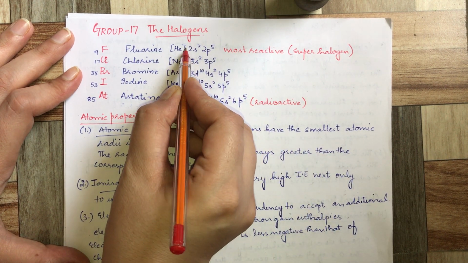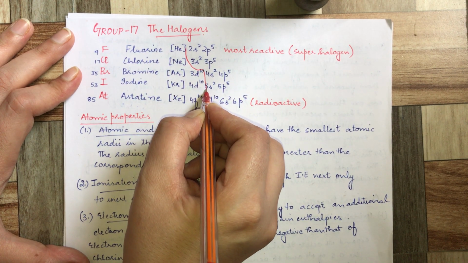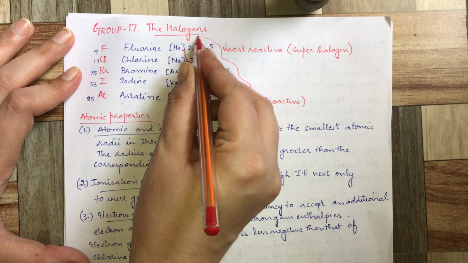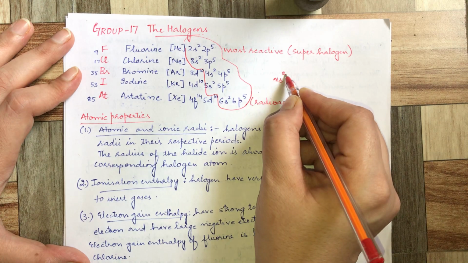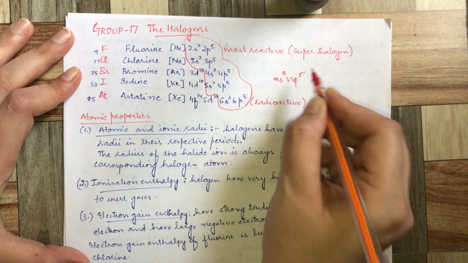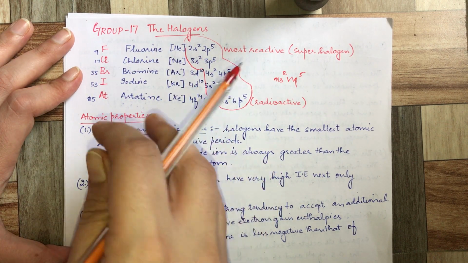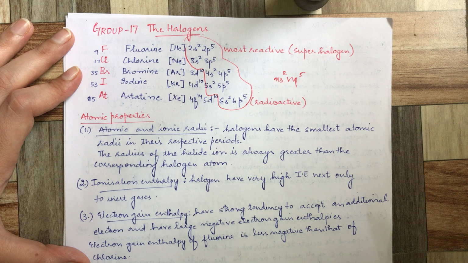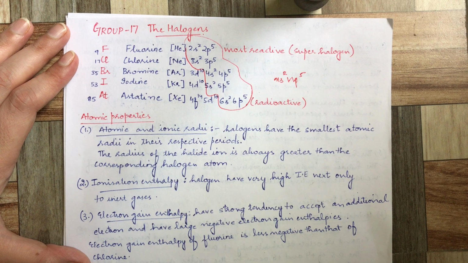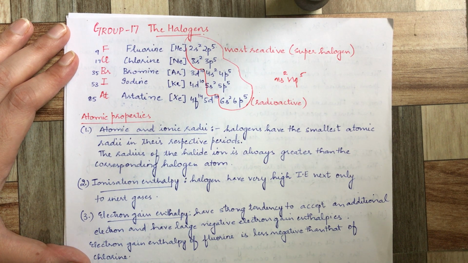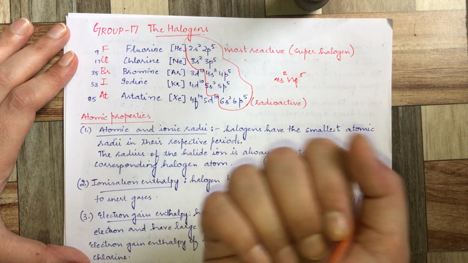If you closely observe, this is their valence shell electronic configuration. So we can say that the general outer electronic configuration is ns2 np5, right? As you see clearly from the electronic configuration, they require only one electron to attain the nearest noble gas configuration. Hence they tend to be very reactive. And out of all these halogens, the most reactive is fluorine, and hence its name is a super halogen.